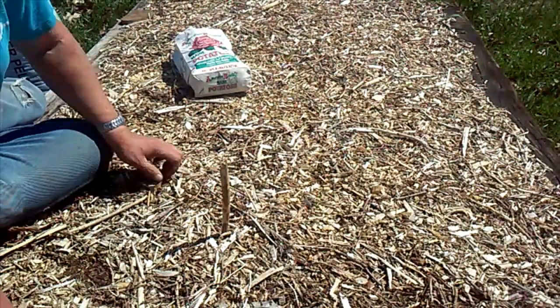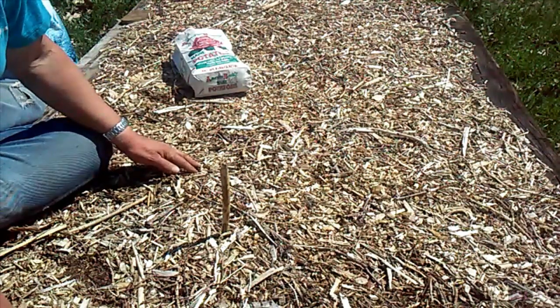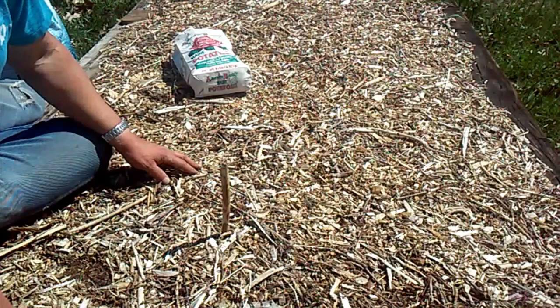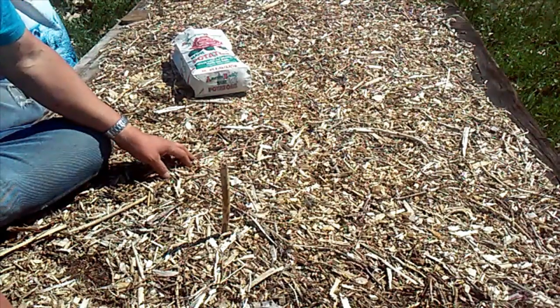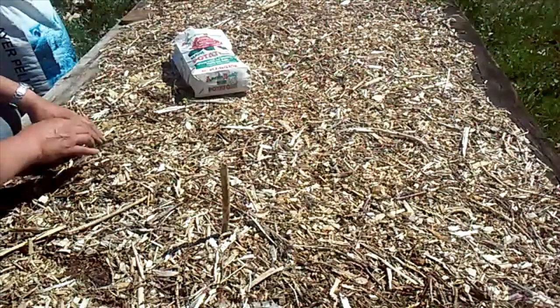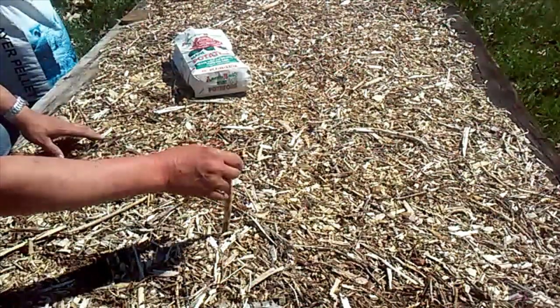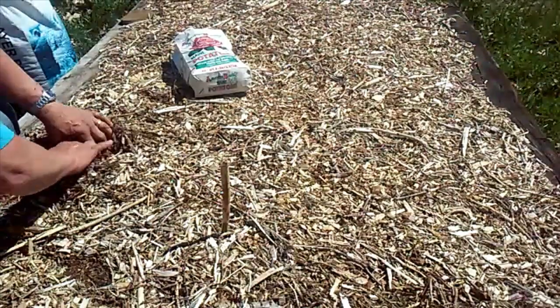On potatoes, I usually try to plant them somewhere around a foot apart. I know they recommend about 4 inches deep, and I don't quite go that way. Anyway, this is a stake that I'm going to use. This is the start of the red ones. So what I'm going to do is